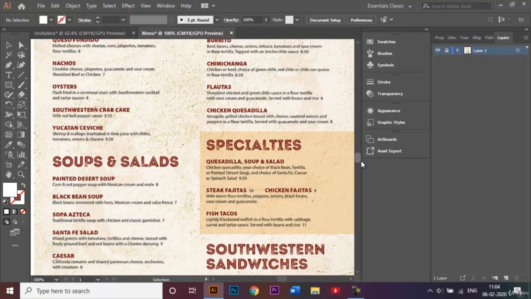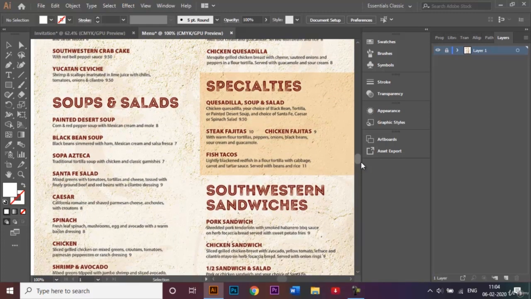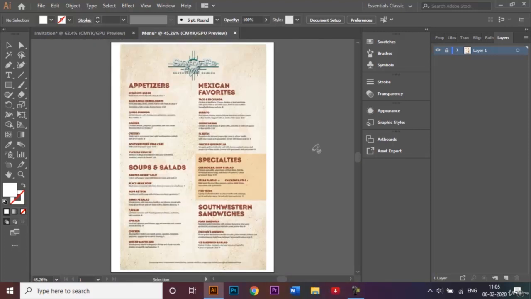And similarly with fruits and salads, southern sandwiches, and even specialities like that. So you get the idea. Proximity means that certain information is clubbed together and given a certain visual space so that it shows that these items actually belong together,